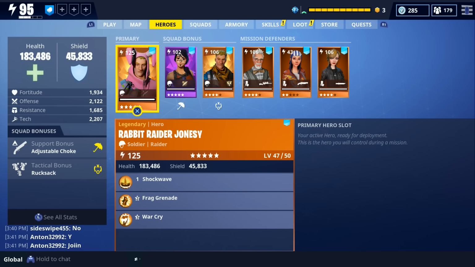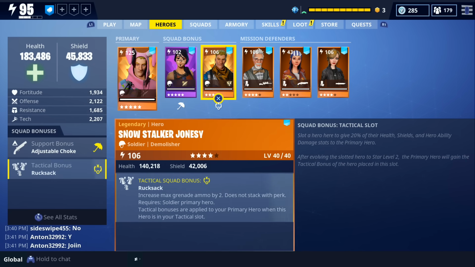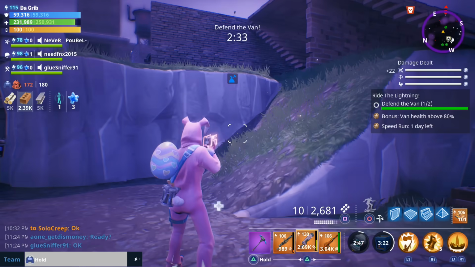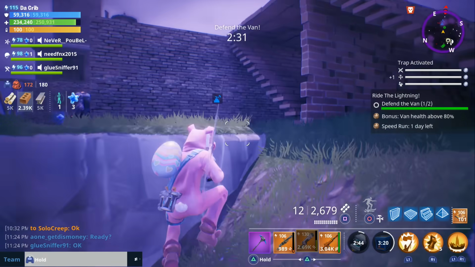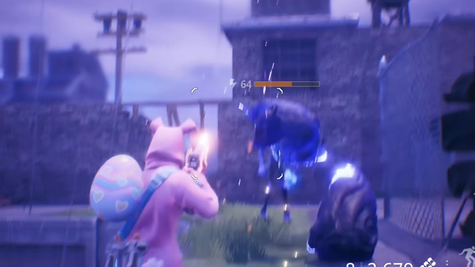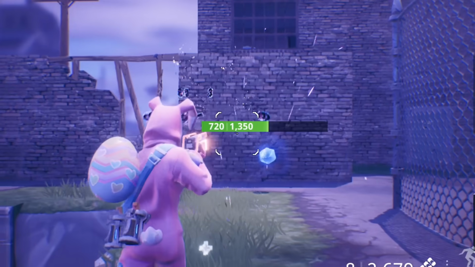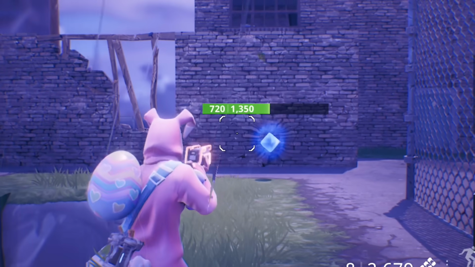And we're going to be using the Raider Soldier loadout, one Raider in our primary slot and one in our support slot. And in our tactical slot, we're going to have a Demolisher to increase our max grenade ammo. Now before we get into the gameplay, there's a couple things I should point out first. Up to this point, the most damage I've done to a single target was over 345,000 damage. I've only used this weapon about 5 or 6 times, so we may even be able to do more damage